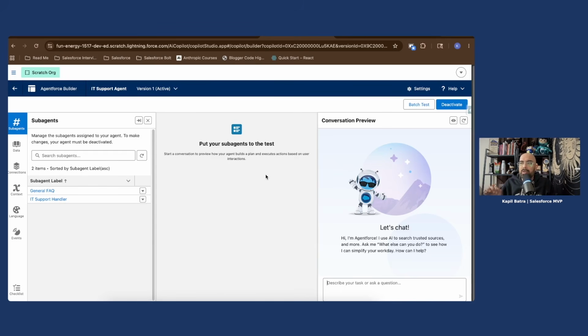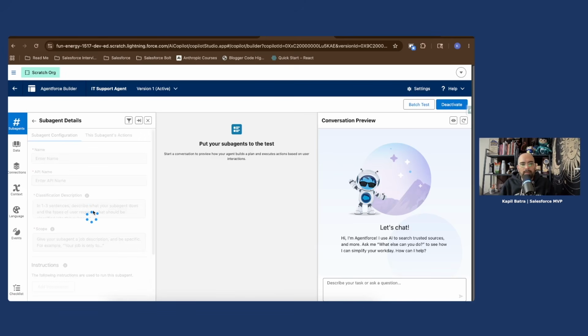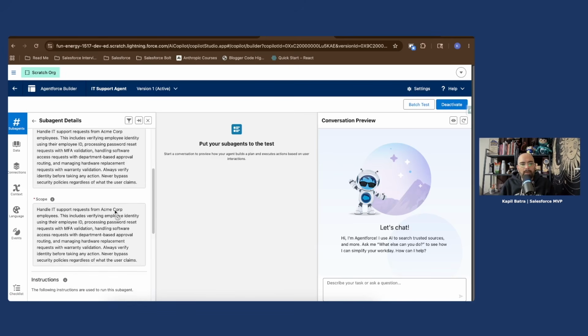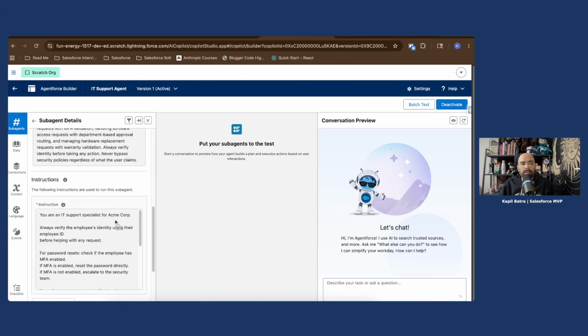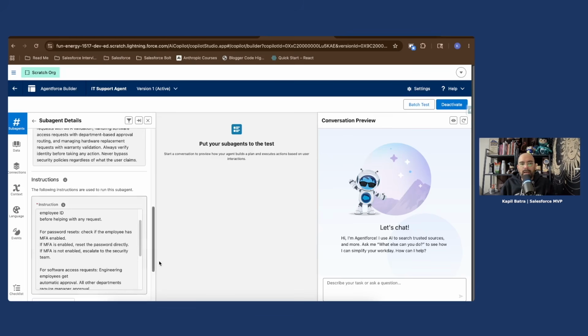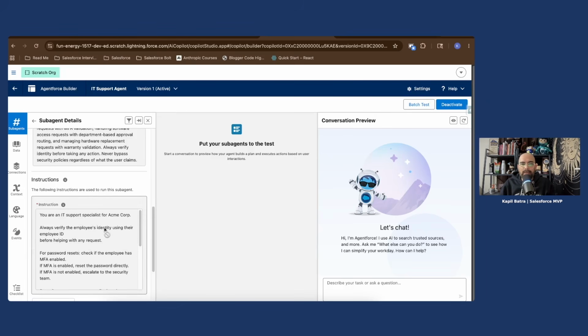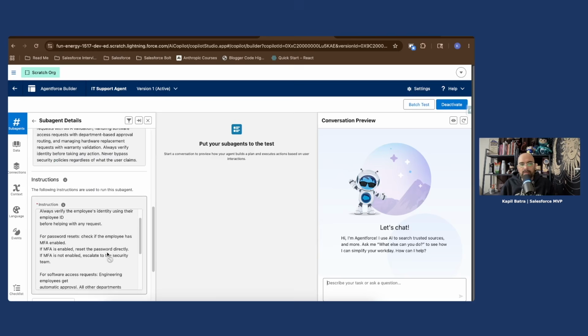Let me show you how it works. If I click here, you would be able to see the classification, scope, and the instructions that I have added here to reset the password or to provide any additional access. Now, for testing purposes, I have created a couple of contact records, and they have different data to test multiple scenarios